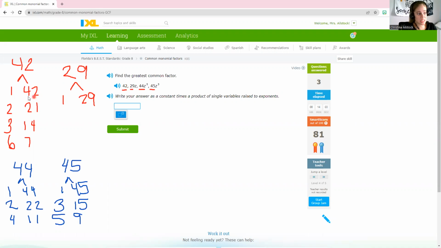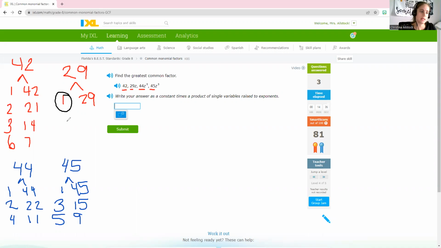And 42 did not have a factor of 29, so that tells us this is going to have to be our GCF, because if my first number does not have a 21 in common, the only thing these have in common is 1, meaning the only thing in common between all of them is going to be 1. So sometimes you might figure it out a little early, but of course, if you're taking a test or you don't want to lose a SMART score point, you can always be safe like I did and work